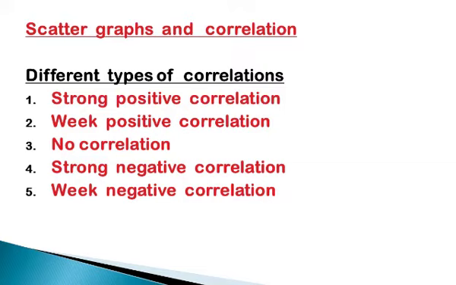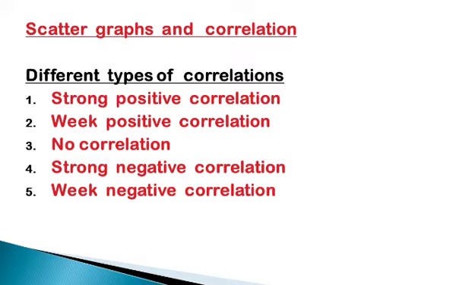When the two sets of data are collected, each pair of values forms the coordinates of a point, which is plotted on a graph. There are several types of correlation depending on the arrangement of the points plotted on the scatter graph. A scatter graph shows positive or negative correlation between two variables.